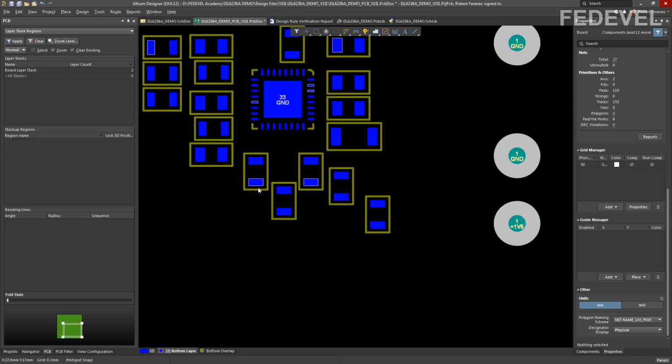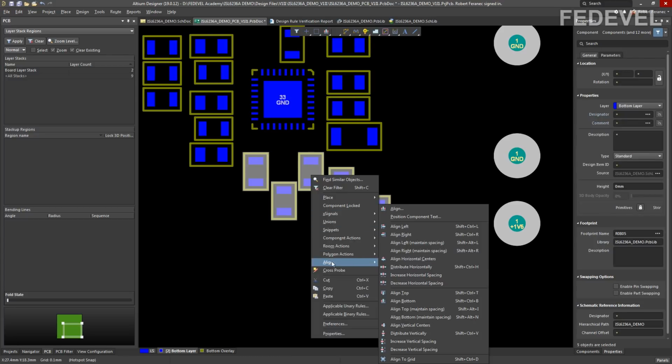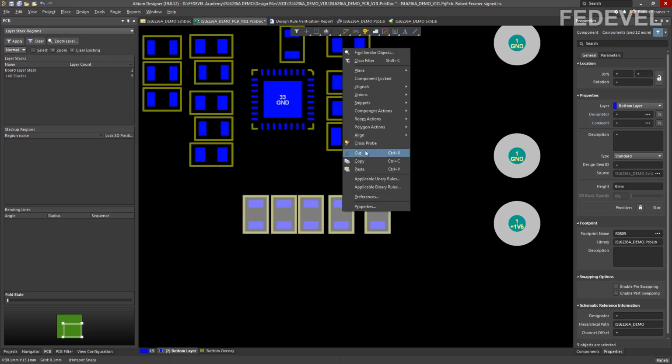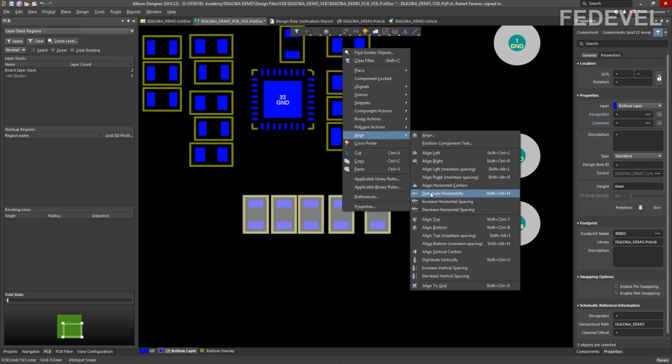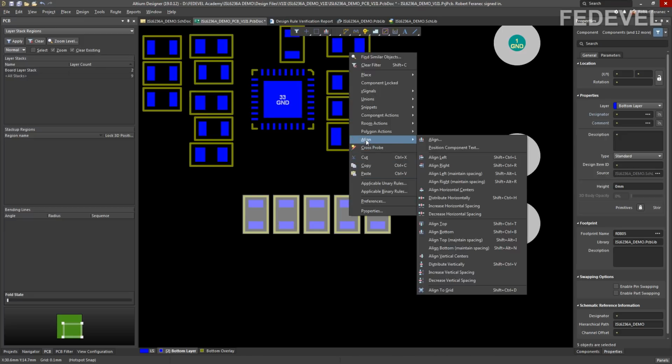If you would like to place all these components in one nice line, you can just select them, right click, align, align bottom. If you would like to have the space between the components the same, just right click, align, distribute horizontally. What can also be useful is align and increase or decrease horizontal spacing.